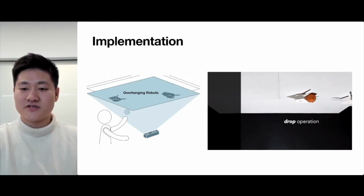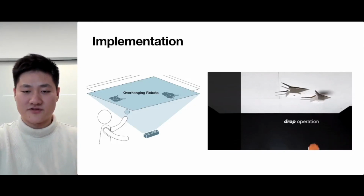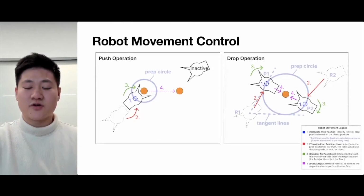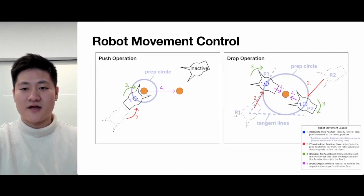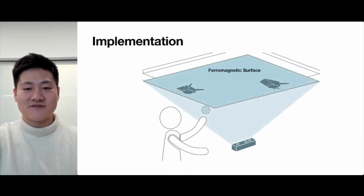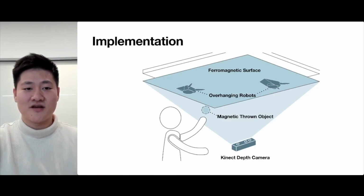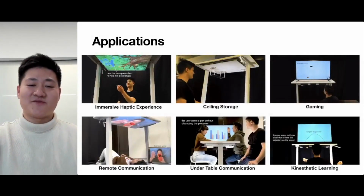This is a push operation, and the drop operation requires two robots to drop the ball together. We developed the robot movement control algorithm for pushing and dropping, responding to computer vision input. So with the idea of throwing and catching different objects at different heights, and also with different graphical augmentation, ThrowIO is able to demonstrate many different